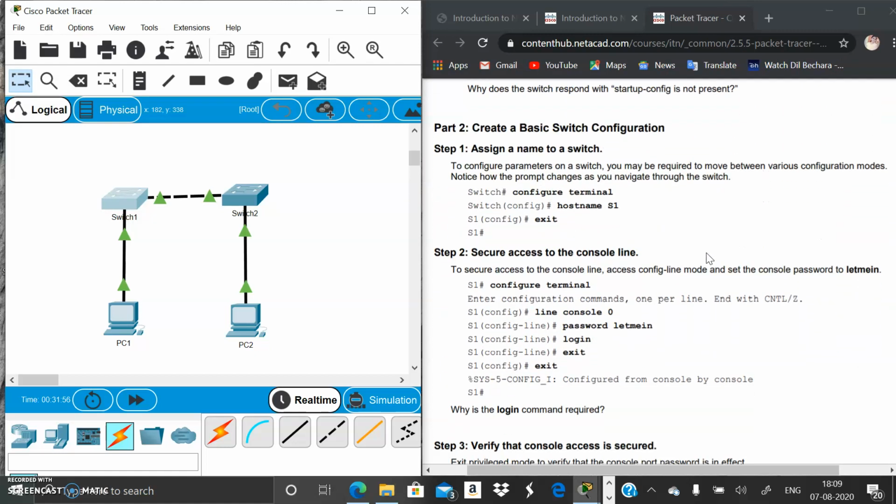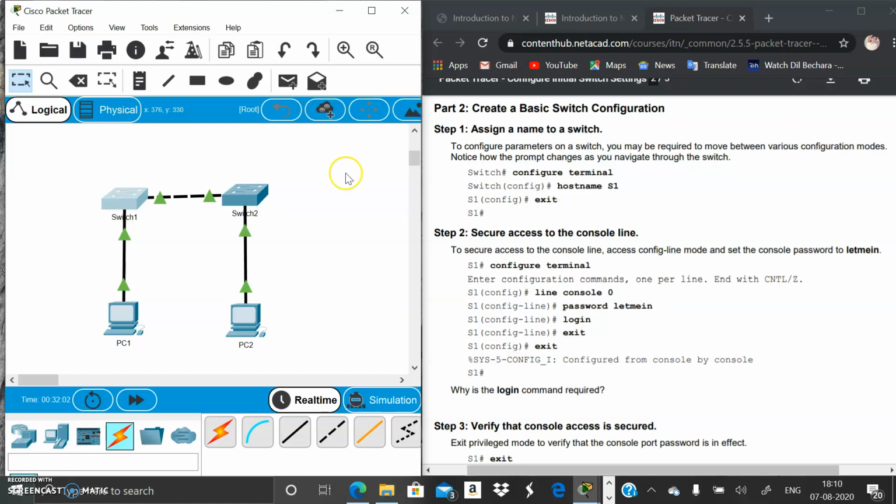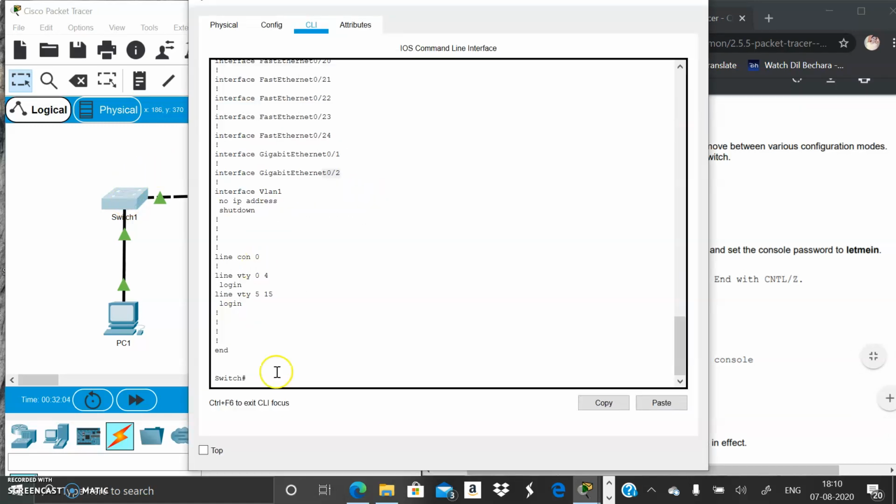Next, part 2. In part 2, we have to create a basic switch configuration. For that, the first step is to assign a switch name to switch 1. For assigning a switch name, we use the command hostname. I am assigning the name S1.